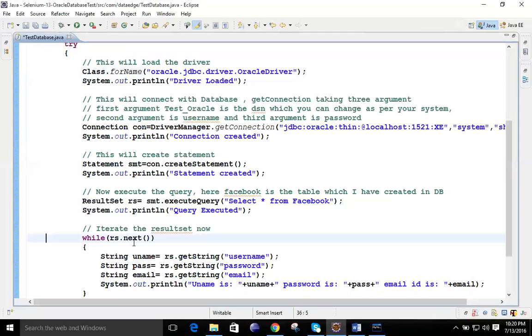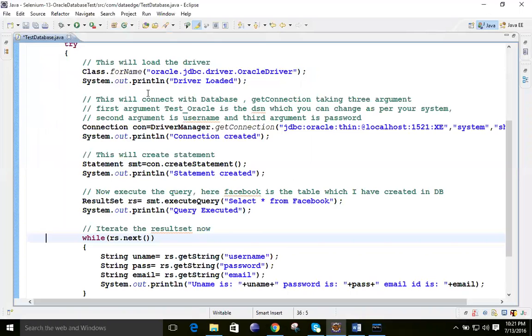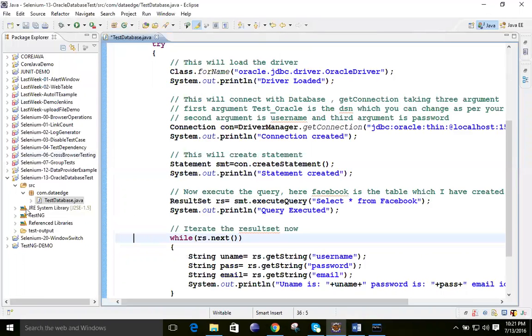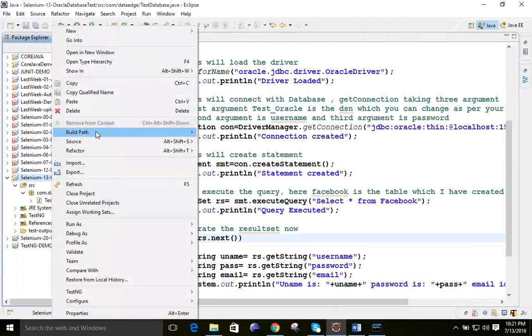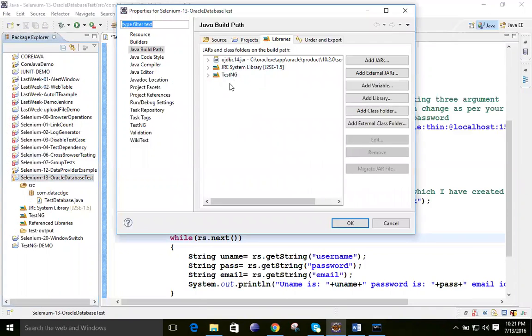If you are working with the MySQL driver, then you need to download one driver file also, that is known as the connector. You can see this file, and this is already available in the Google Drive, that you have the link. What you have to do is simply create one Java project. Inside that, you need to create one class. So I have taken the name of the test database. You can take any name, and in this project you need to add the jar files which are required. So the very first jar file required is the driver class.